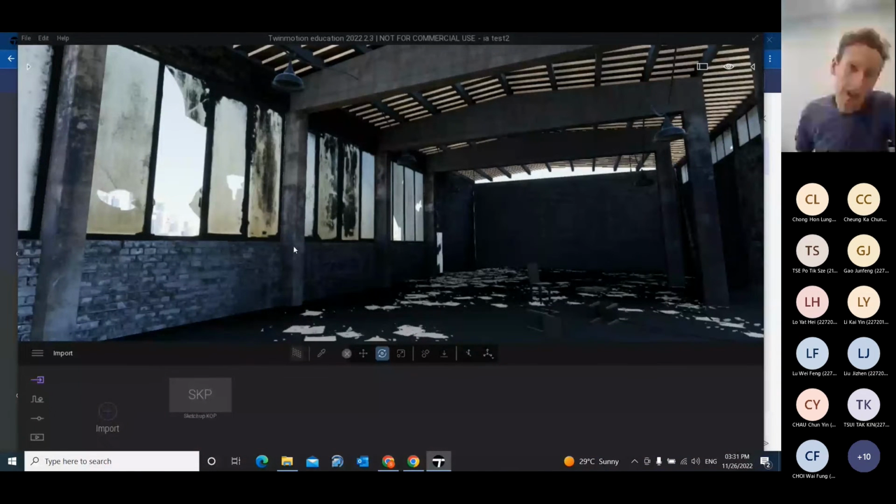So when you open something, I'm going to show you a few things here. My screen doesn't seem to be fully